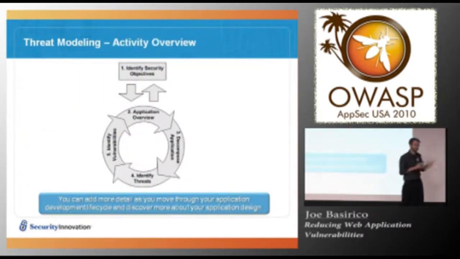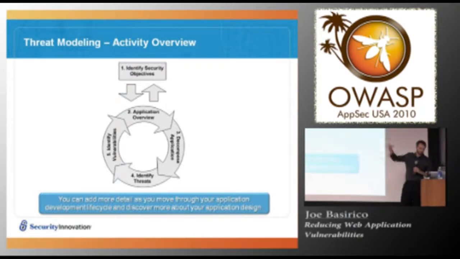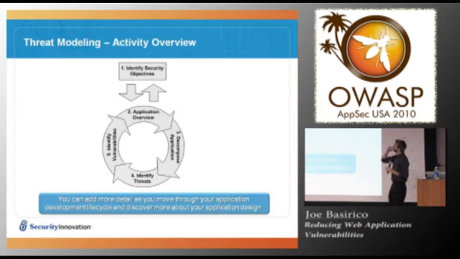So in order to do this whole threat modeling task, we generally do this kind of activity cycle. The first phase is to identify our security objectives. And this is kind of general security